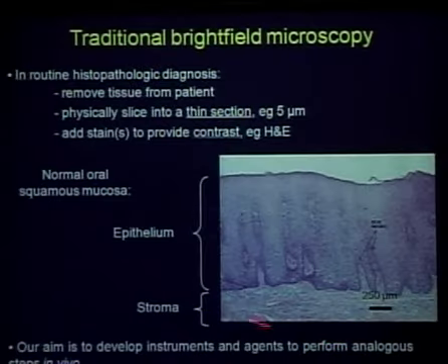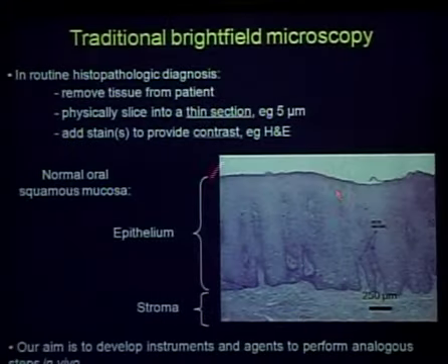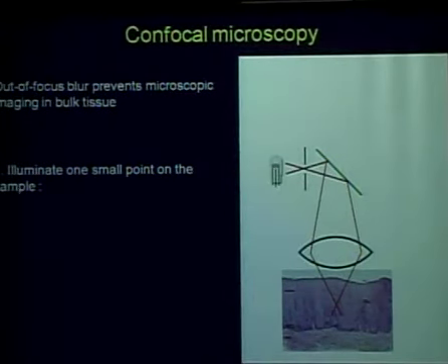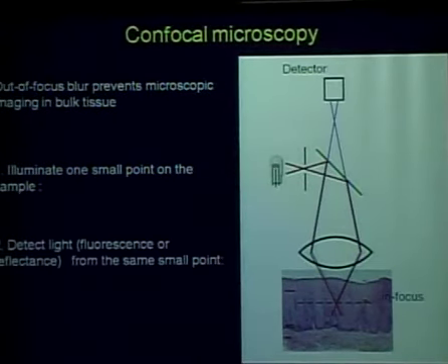So, the traditional histopathology slides that we show you, we take the tissue out, we slice it, we stain it, we look at it under a microscope. So what we want to do is be able to get that kind of resolution in vivo and to develop the same kind of stains that give rise to this contrast in vitro, but be able to do that in vivo. And our approach there is to use in vivo